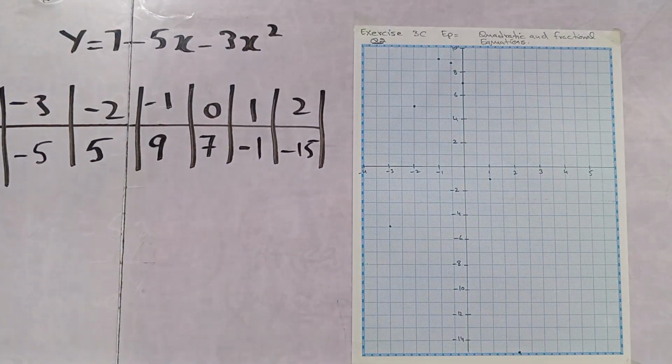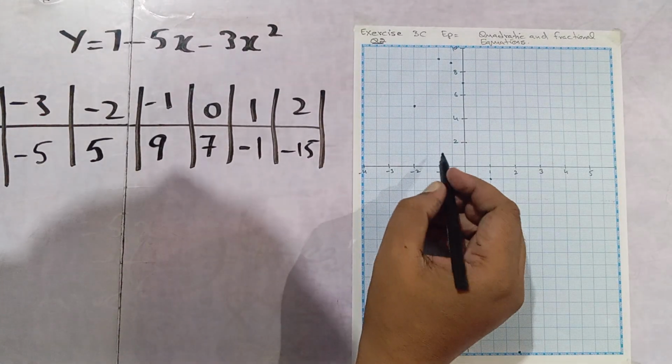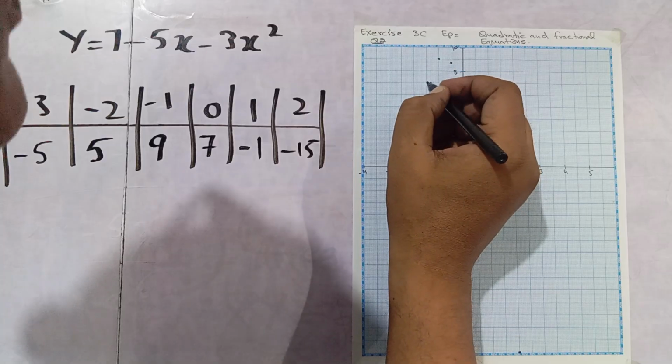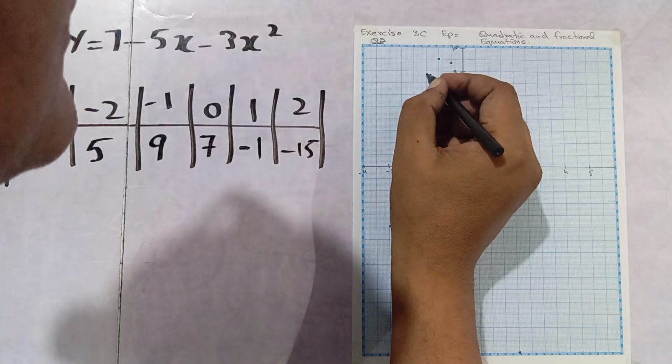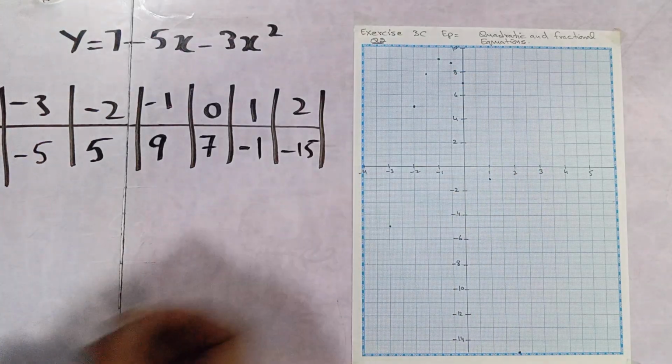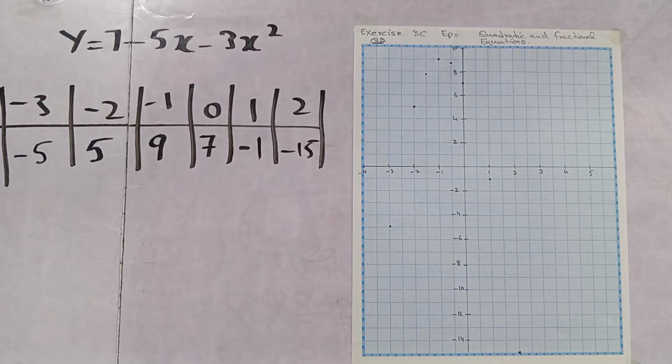7.75. Okay. At minus 1.5, it is 7.75, which will be here. Okay. So it's still not smooth. So I need to know more points. So, 7 minus 5 multiply bracket start